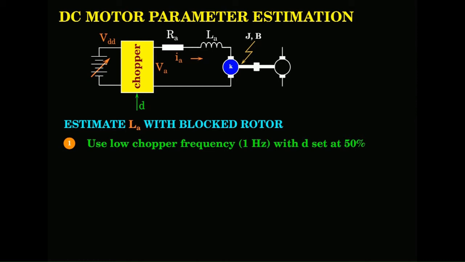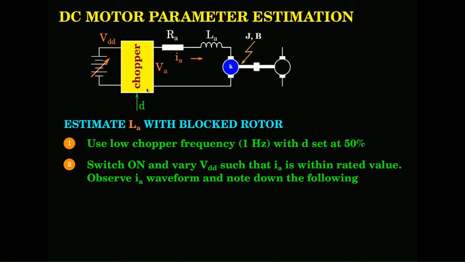Only now you do use the chopper, set it at some very low frequency. The reason why I am saying low frequency is we want the current to reach a steady state, like V by VDD by RA, and also drop when you release the chopper. So switch on this VDD and take many values here also. But here the crucial thing is that you need to observe IA, the inductor current, armature current IA. It will look something like this.